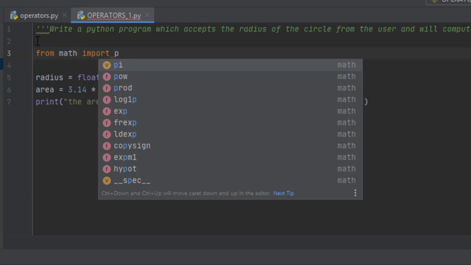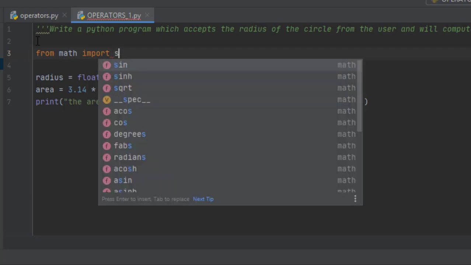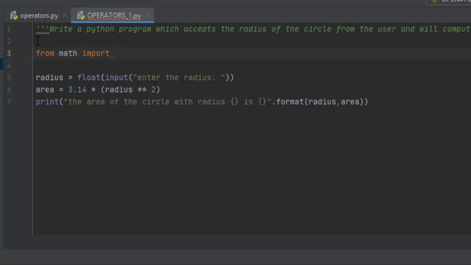Exceptions, copysign. Suppose if I take s, the sine of a value, sinh, the hyperbolic functions, the square root, the cos, degrees, radians. So this math module is having almost every function of mathematics in it. So it becomes very easy to use it.